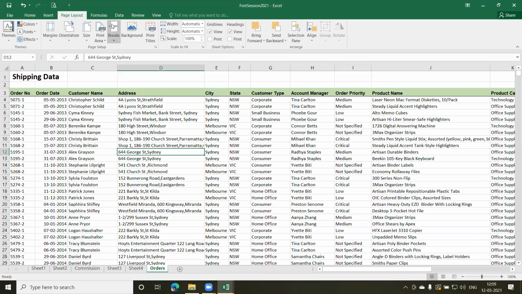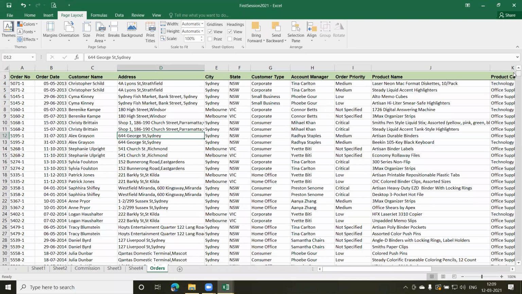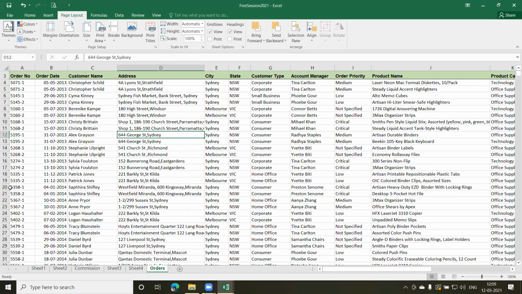There are a few things which need to be shown here from this page layout tab. You will find that we also have print area, page breaks, background and print titles options. Print titles option we have already seen, but through a different menu, the page setup dialog window. But let us enter a page break here. Let us say I want to have a page break after the 20th row, so this should be the last record on my page.